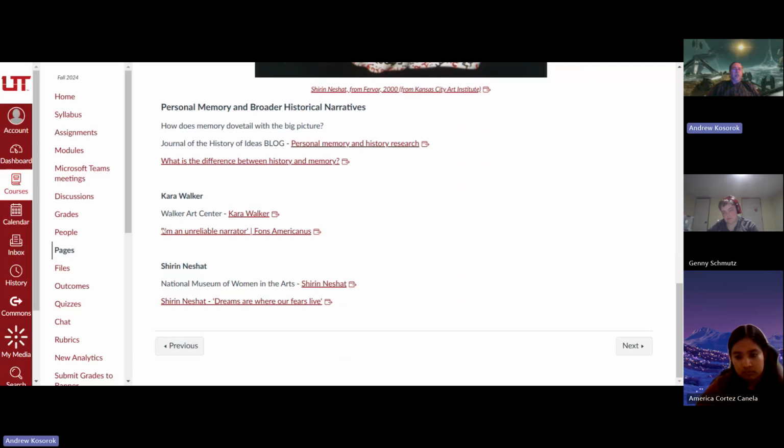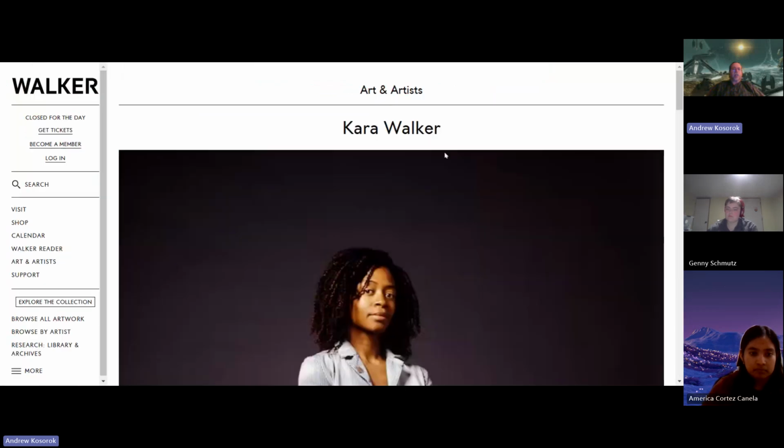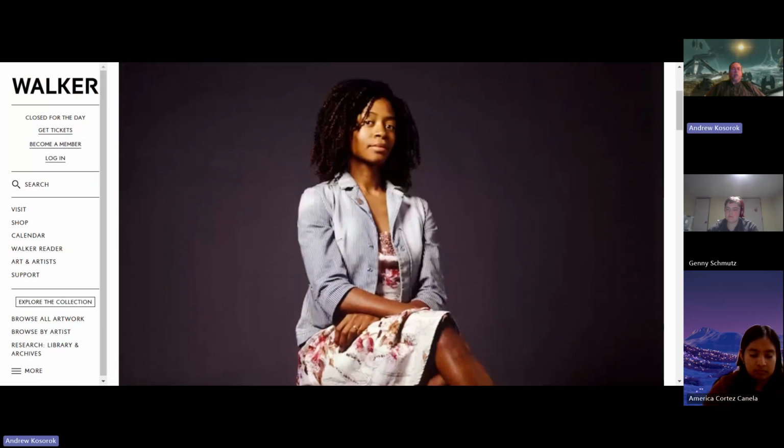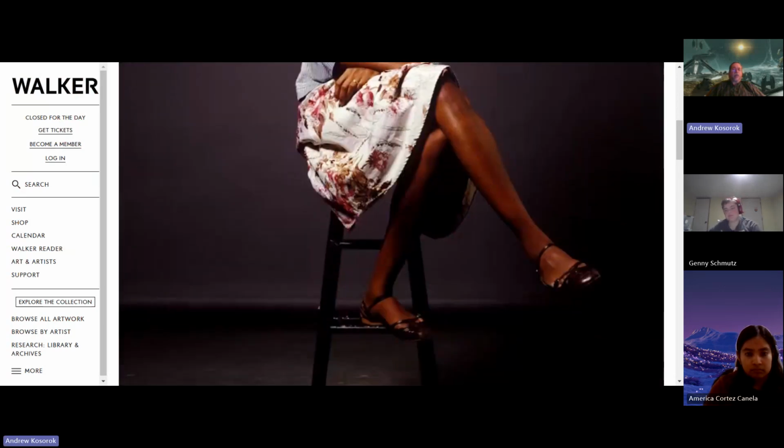She talks about this, which is one of the things that's kind of interesting to me. She says of herself, I am an unreliable narrator. Because Kara Walker is a Black American. She confronts the history of slavery in the United States head on. She doesn't flinch from it. And a lot of her stuff is very difficult to experience because it can be really, really harsh. She's absolutely brilliant and she's absolutely fearless.